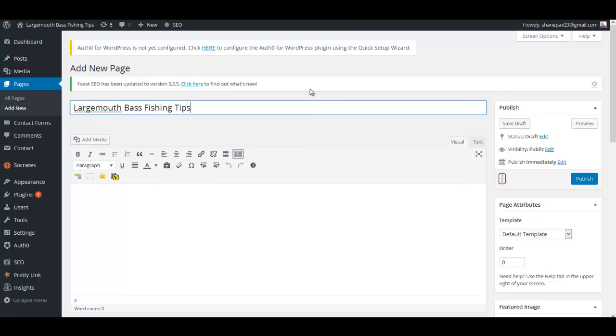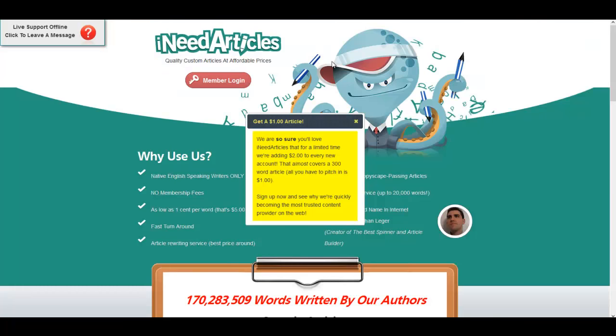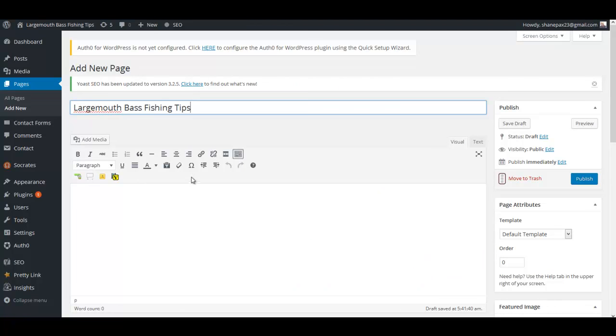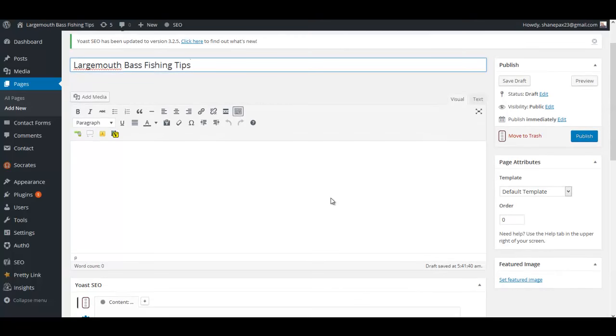At this point, I don't know enough about this particular topic to sit here and write a good article, good content. Obviously, we want this to be good content. I would probably go and pay one of my writers $5 to write some really good content. Okay, so I need articles whenever I'm needing a good handwritten quality article. Now, if you would like to use a PL article here and then rewrite it,